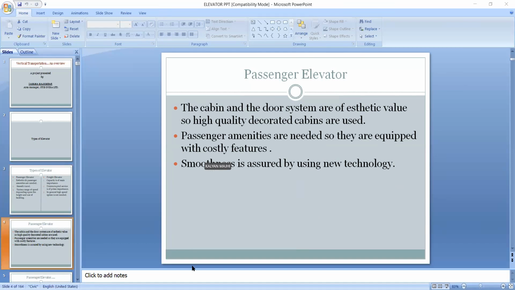In a passenger elevator, because it is being used by passengers, humans, there will be more focus on amenities, the door system, the cabin looks, etc., as well as smoothness with different kinds of speeds.